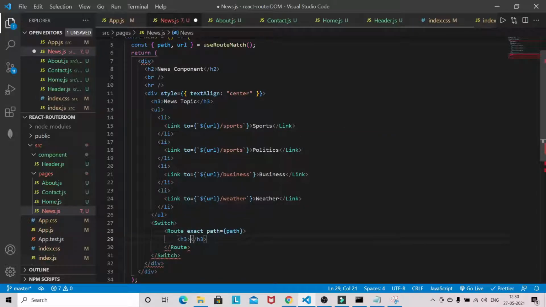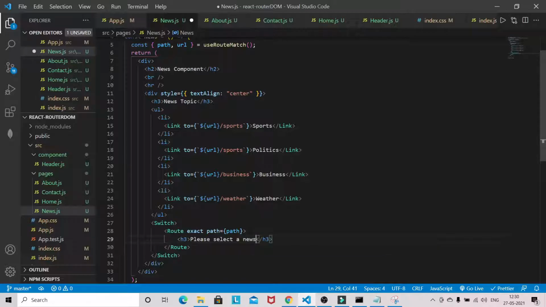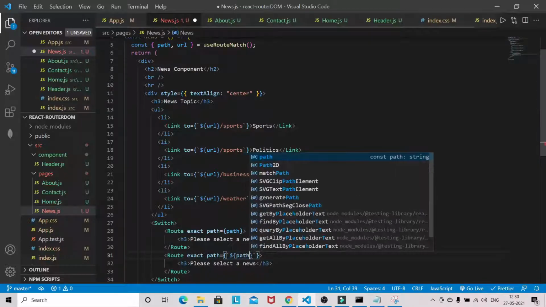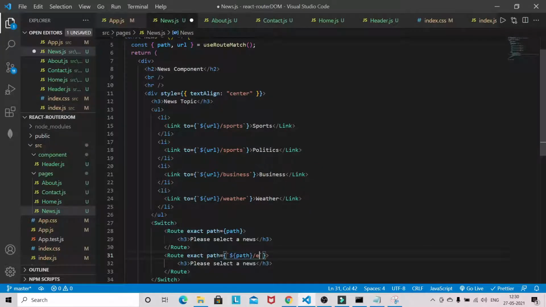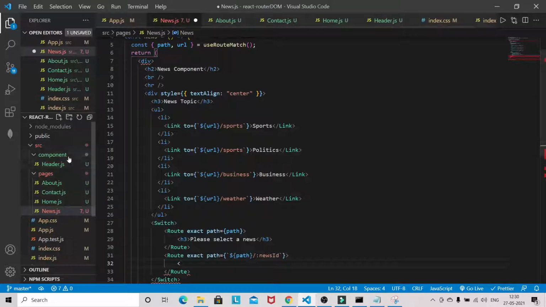I will give a message like please select a news topic, and I will copy this one again. Here it will be something like this: path news ID, and in news ID we will render a separate component, which I will create here.